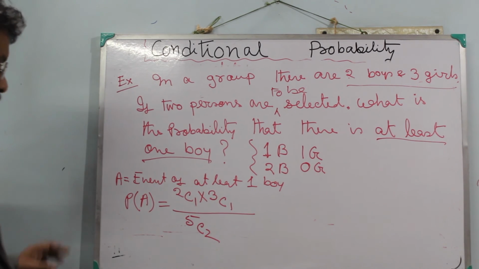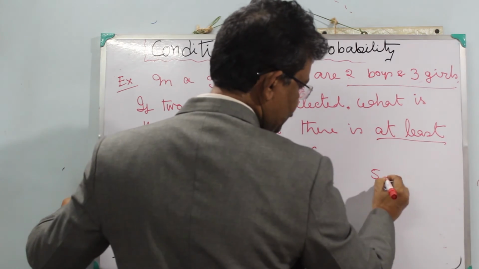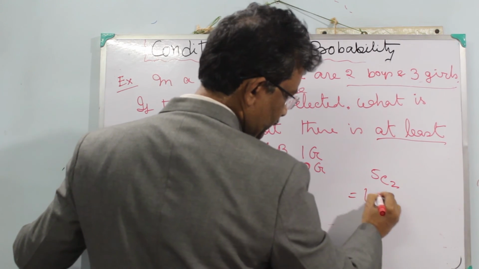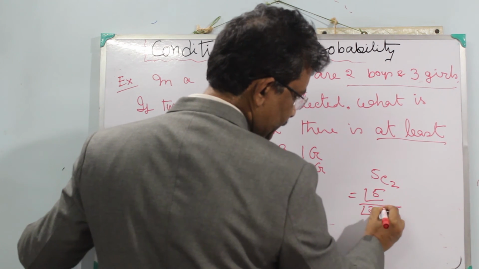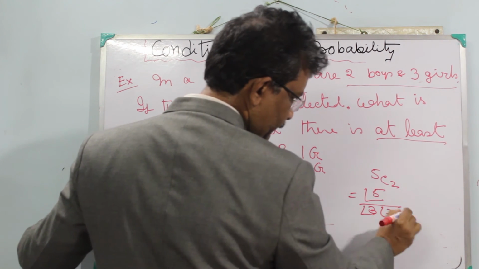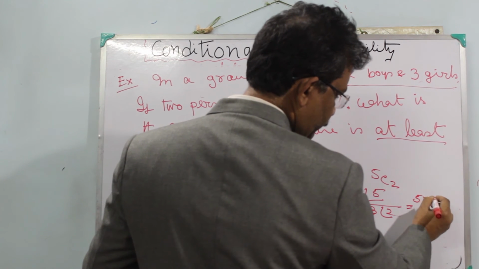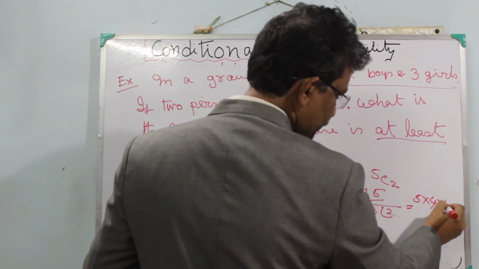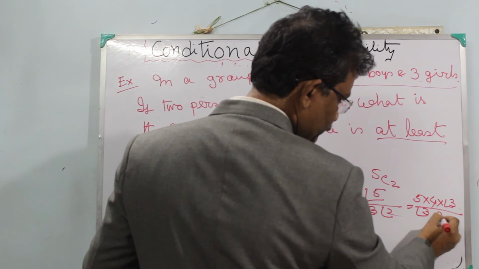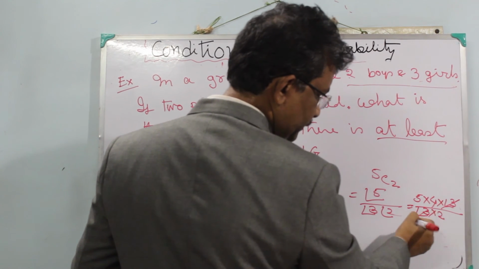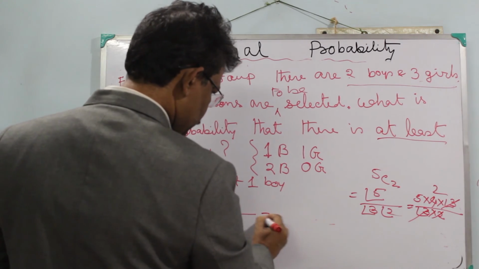So you know how to calculate 5C2? 5C2 is equal to factorial 5 divided by factorial 5 minus 2, that is factorial 3, and again factorial 2. So this equals 5 into 4 into factorial 3, and again here factorial 3 into 2. So factorial 3 cancels, and dividing by 2 gives 10. So